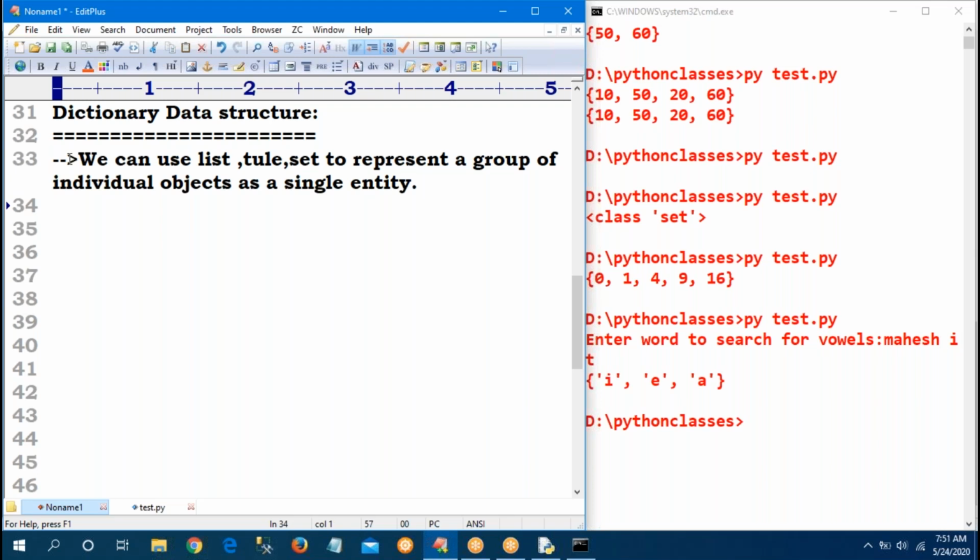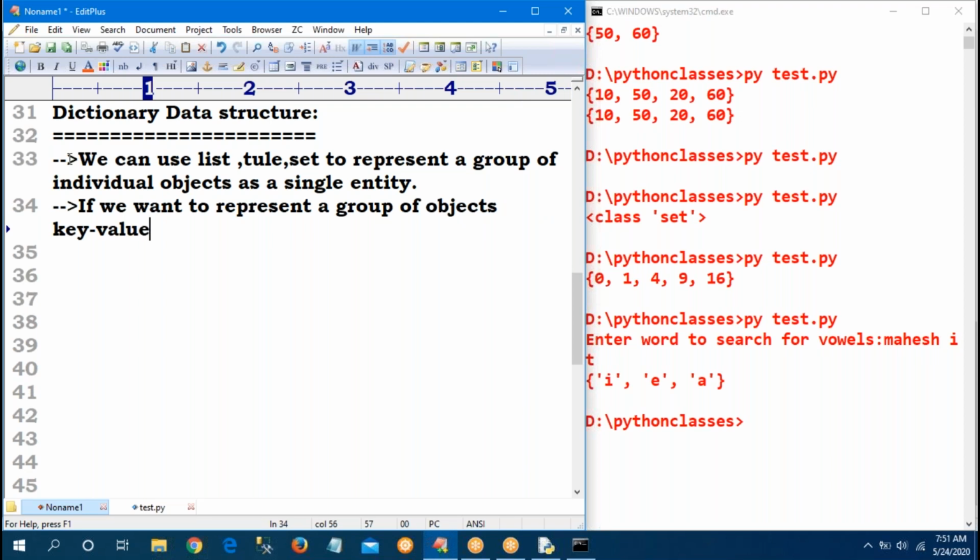So list, tuple, and set represent a group of individual objects as a single entity. If we want to represent a group of objects like key value pairs, then we should go for the dict data type.